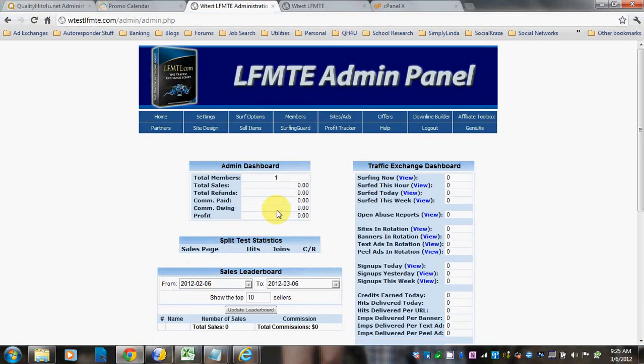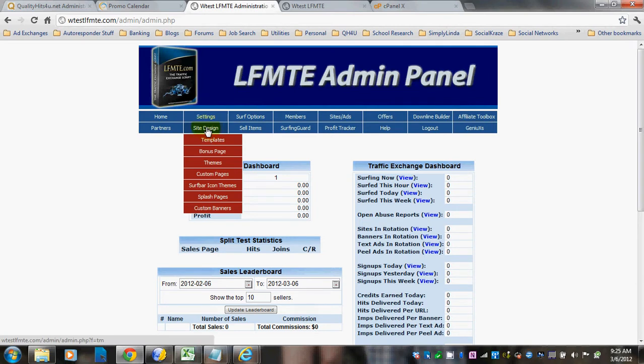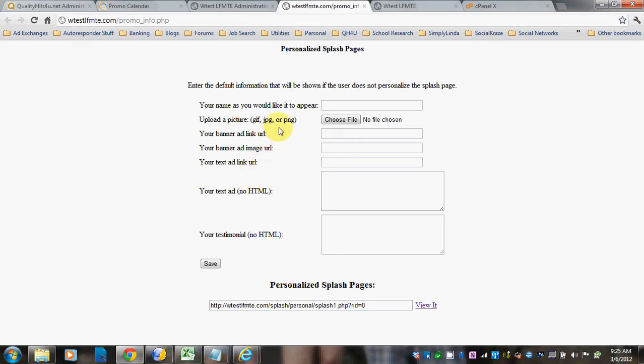So let's go to the admin area, and we go to Site Design and go to Splash Pages. Another page pops up. What this does, you're going to put in your default information so that if a member doesn't want to upload their picture, the owner's picture will show, and the owner's name, the owner's information. So you're going to go ahead and fill it out just as you want it, as you see it here, and then click Save. That way there is default information in case the member would go ahead and put that into rotation. You don't want it to be